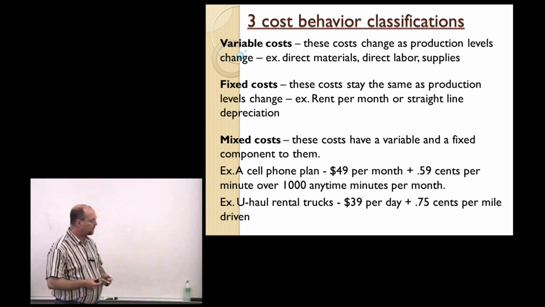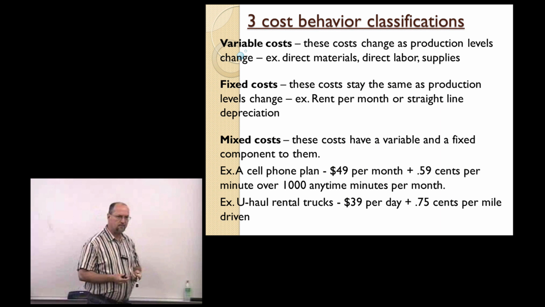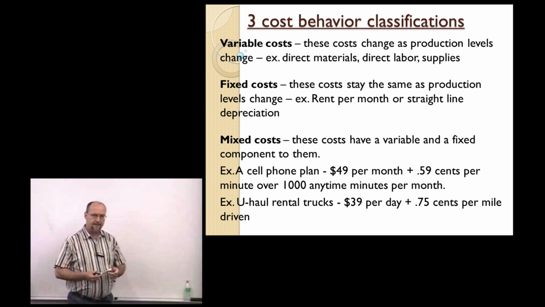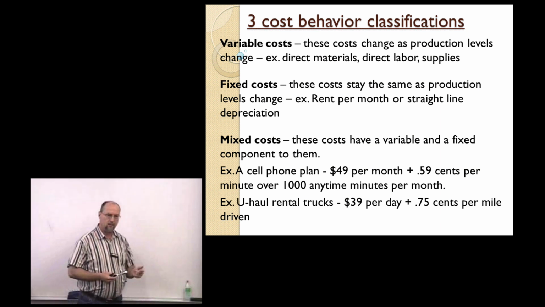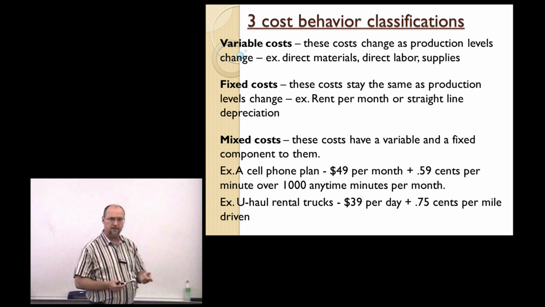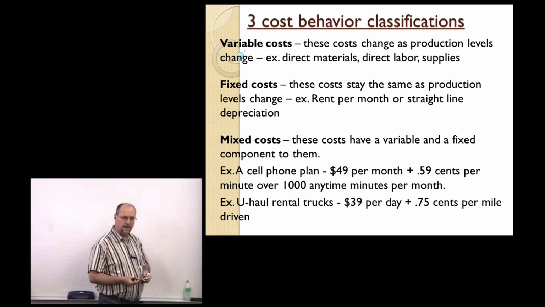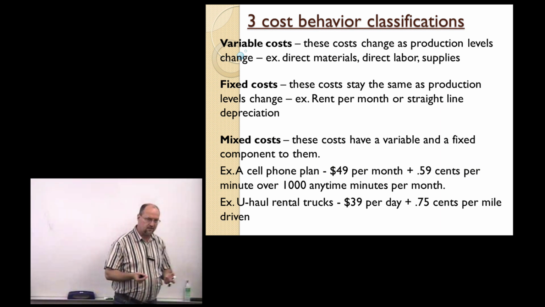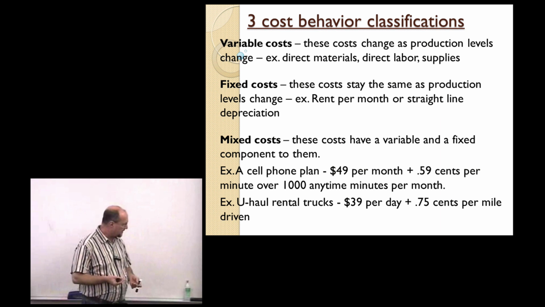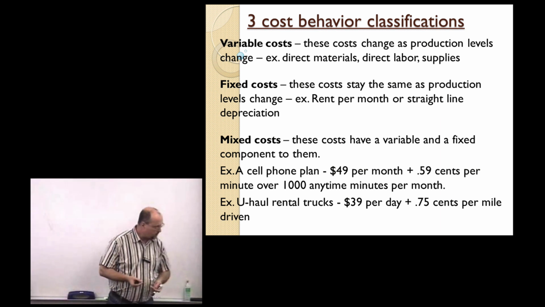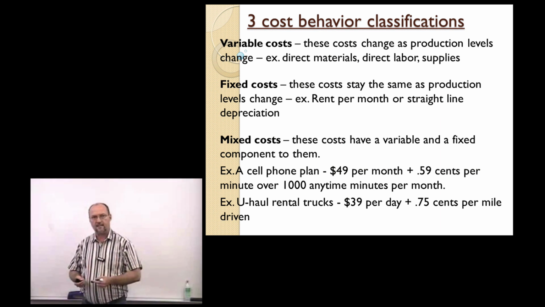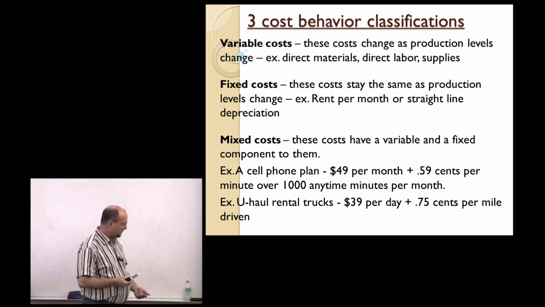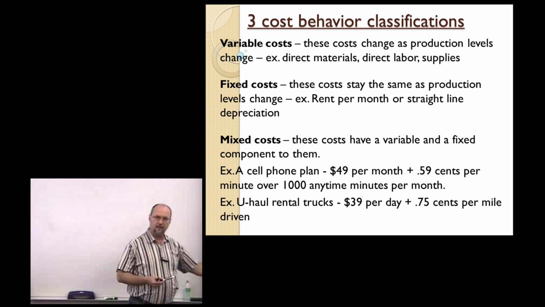And then we have something called mixed. Your book may use the term semi-variable costs. And these costs have a fixed component and a variable component. And most of you are actually familiar with the concept if you've ever rented a U-Haul or a Ryder rent-a-truck. It's something like 29 bucks a day or 39 bucks a day plus 50, 60, 70 cents a mile. That's a mixed cost because the 39 in the slide is fixed, the 75 cents per mile is variable,